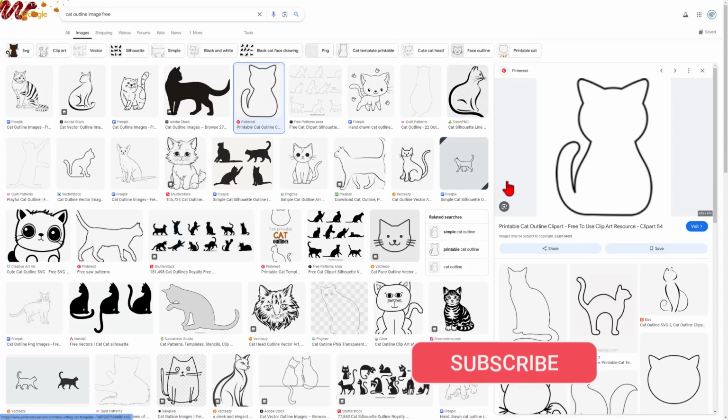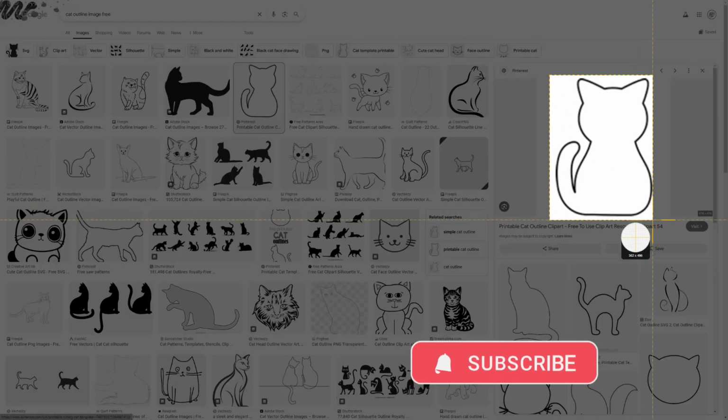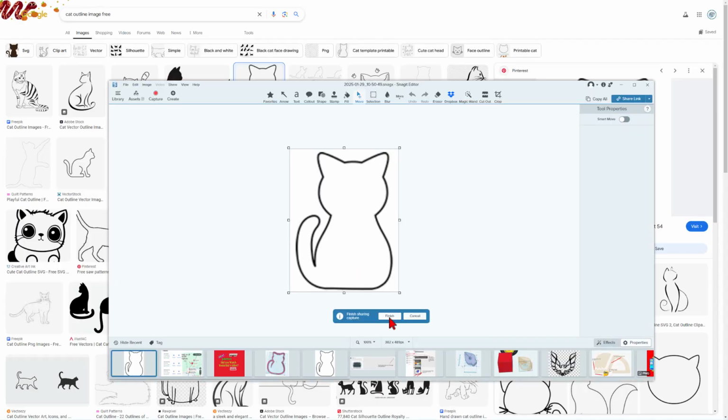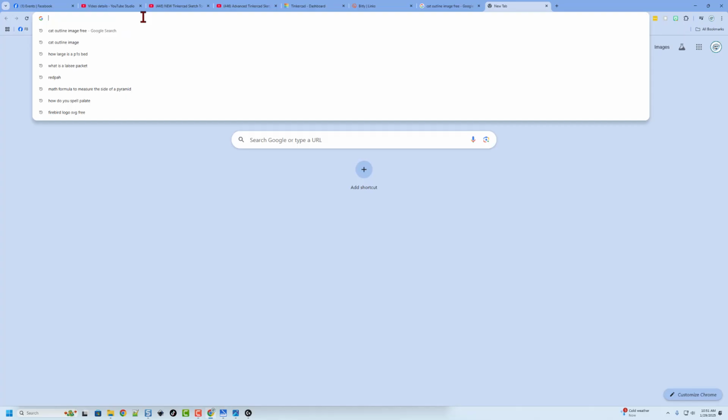I am just going to screen capture this real quickly. I use a tool called Snagit. Absolutely love it. Once I've got it, I'm going to hit finish. That automatically saves it as a PNG. Then I'm going to switch to the tool